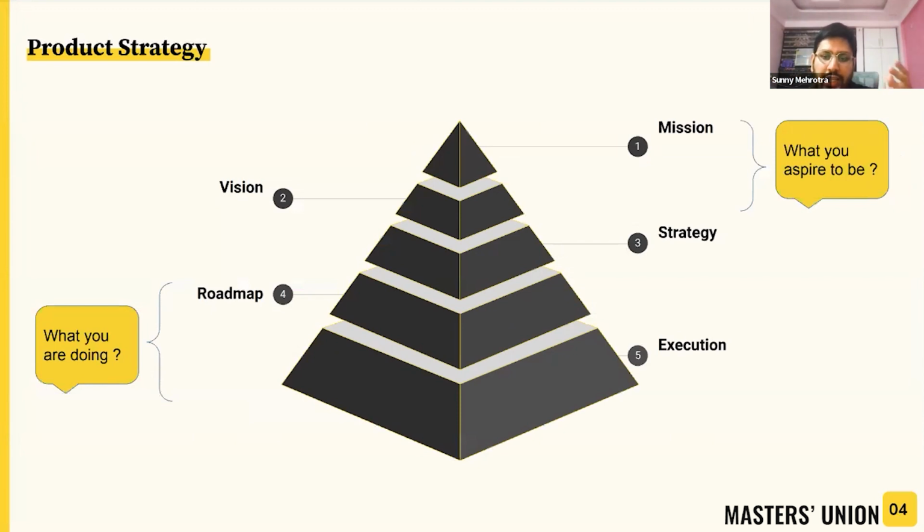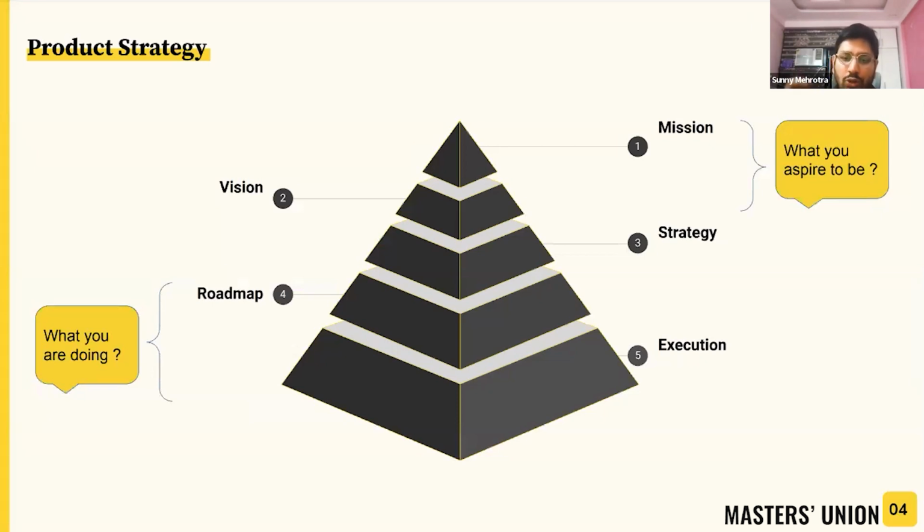I have broken down the entire problem statement that you might want to work on into 5 segments. At the top is the mission, where you exactly know what you are chasing. A vision could be how you are planning to chase it, like what are the things that matter to you in that mission. We'll pick up some examples to discuss this in more detail. Then comes your strategy, which sits in the middle layer between your mission and vision, where you aspire to be, and your roadmap and execution at the very end, which tells you what you are actually doing. Your 4 and 5 help you evaluate whether you are moving towards 3 or not, and whether 3, 4, and 5 together combine to move you towards 2, and accordingly 1 or not.